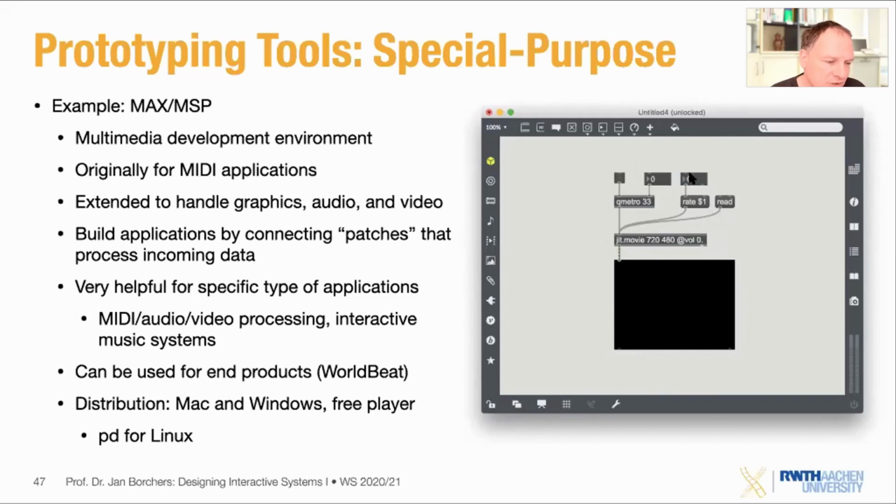And what you can adjust here is, for example, the frame rate at which things are being grabbed. If you don't want to go with these 33, then you can change this value up here, because if you change this number, then that number will be loaded into the right top input of the metro object, and will change the 33 into something else. So it's basically data flowing through patches, which is very close to how you do audio wiring, right? You send your audio signal through a distortion amplifier or something like this. So this was what inspired this design, and it has proven itself to be very flexible for all kinds of